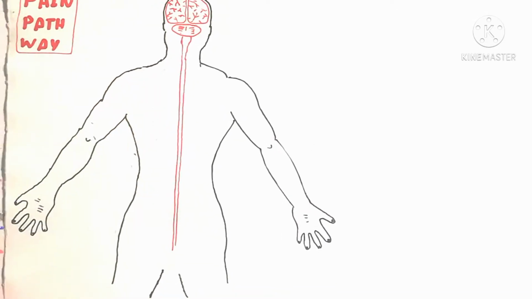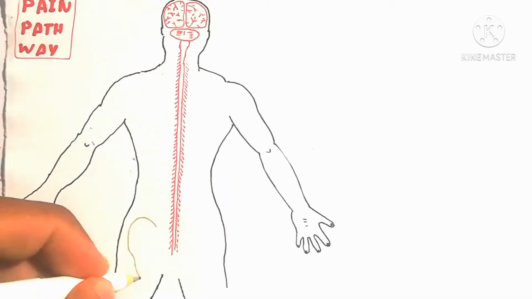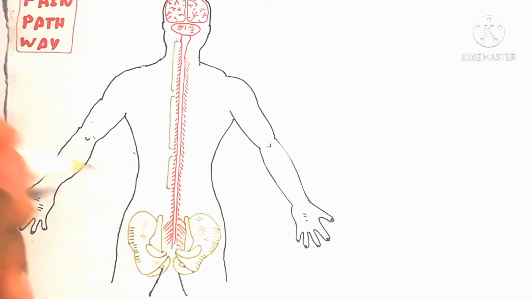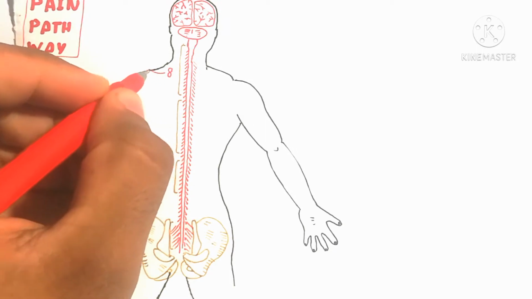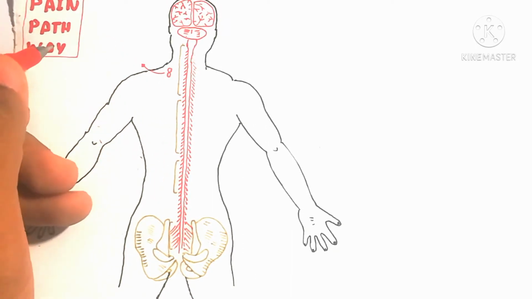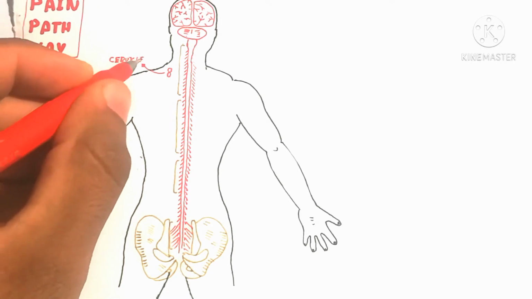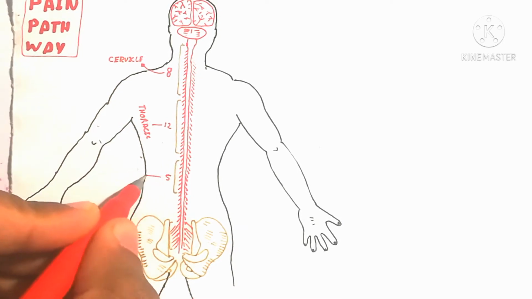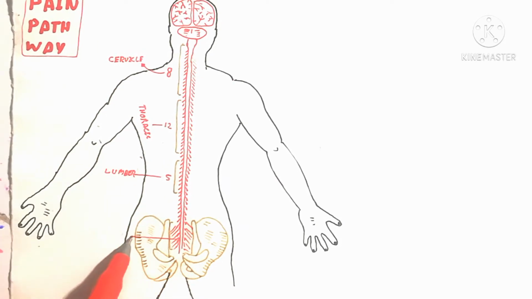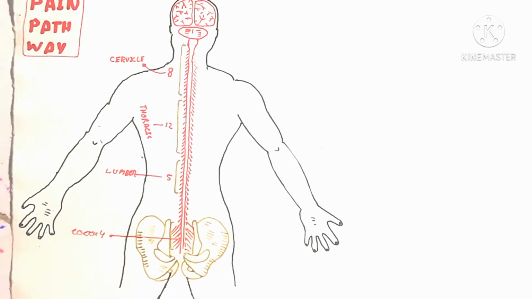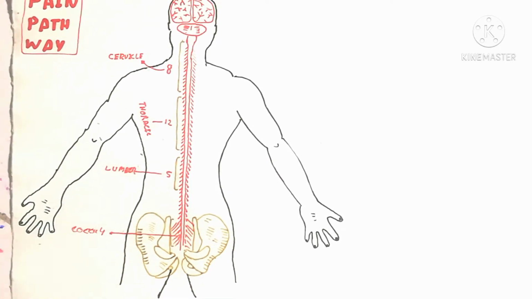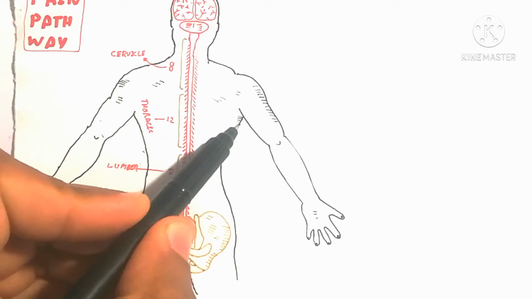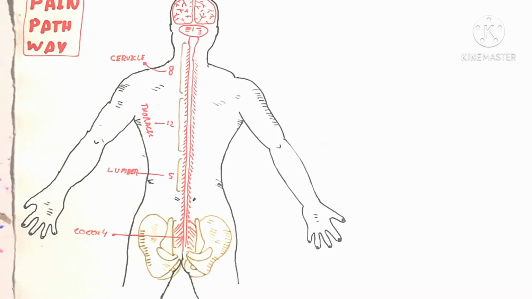So here is the human being, which is the back side. It means the dorsal side of the human, not the abdominal side. It's the dorsal side. Here are the different regions of the spinal cord, which produce spinal nerves. Here the cervical vertebrae contain cervical nerves, 8 pairs, and thoracic 12 pairs. The lumbar region contains 5 pairs, and the coccyx is 4 pairs. So that is the classification of the spinal cord by different regions.